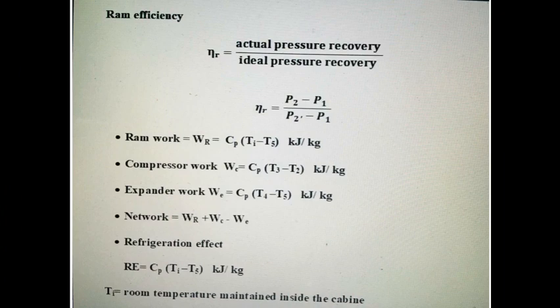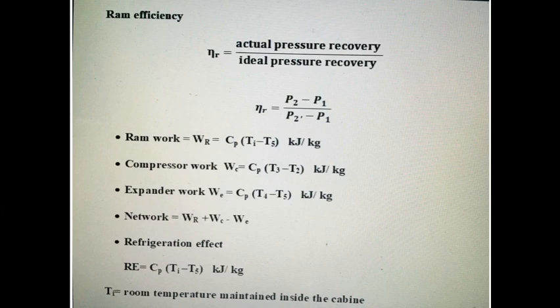So in terms of P2 and P1, eta R equal to P2 minus P1 divided by P2 dash minus P1, where P2 minus P1 is the pressure increase or recovery